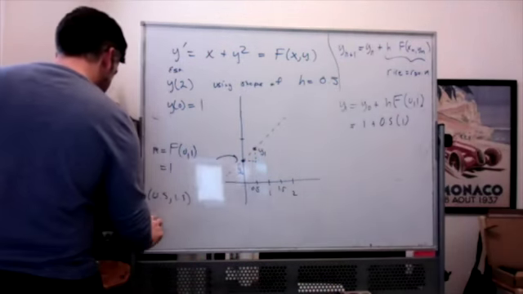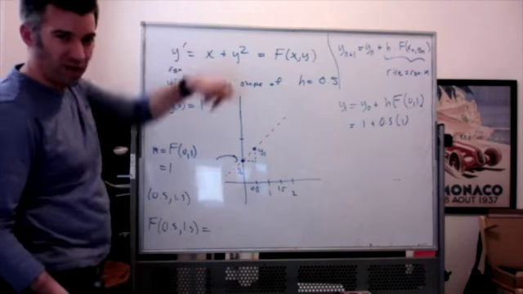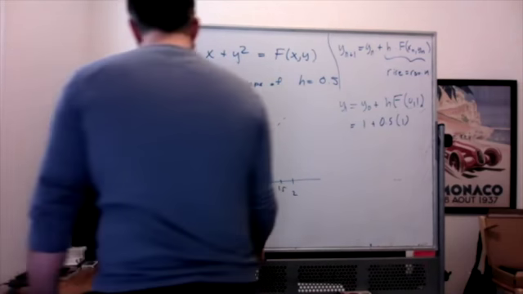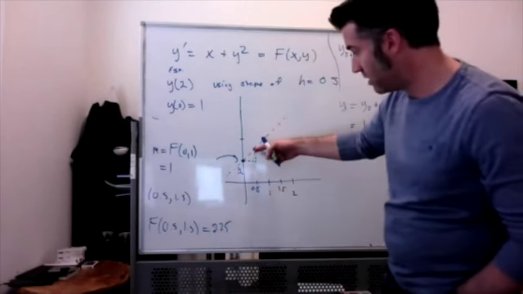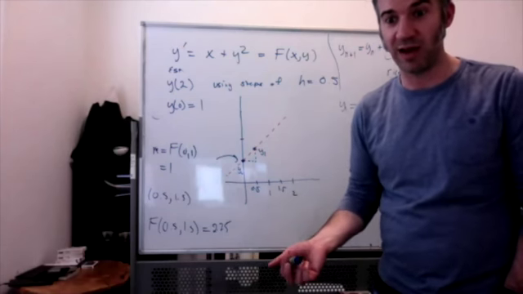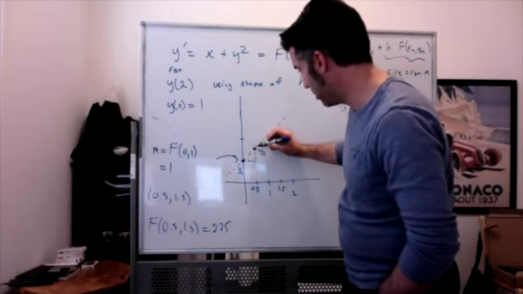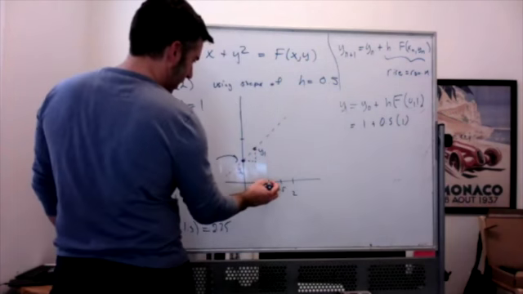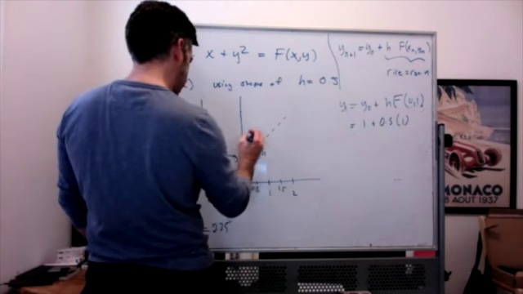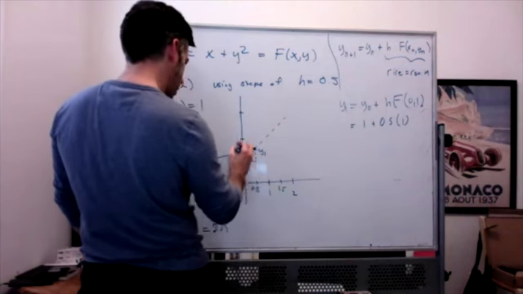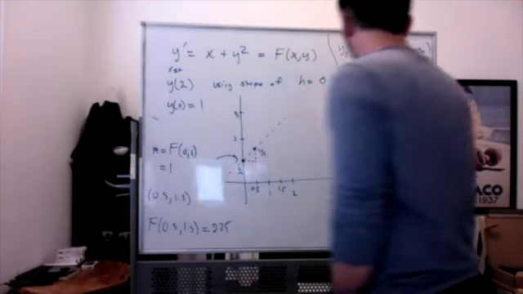So f of 0.5 comma 1.5 is going to be 0.5 plus 1.5 squared. 1.5 squared is 2.25, so it's going to be 2.75. So that means at this point, the slope of the tangent line there would be 2.75. Right? So a much steeper slope, right? So I go over 0.5, I'm going to go up like 1.375. Sorry, and I'm trying to make this look kind of nice. So my next point, and I think I'm going to stop here